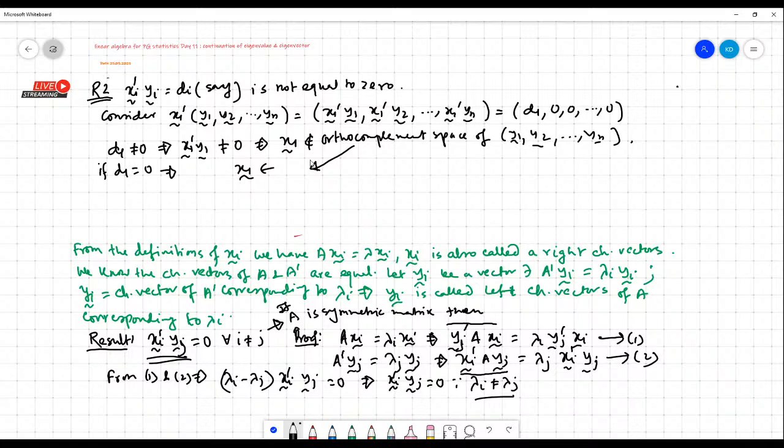Which means the dimension of the orthocomplement space should be 0,